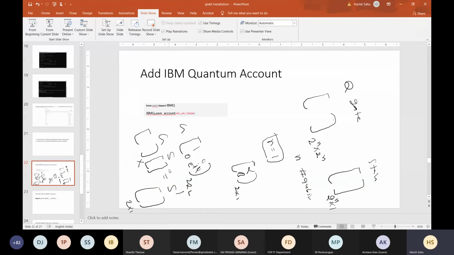Like if I ask you for this phase gate, what is this phase gate? Just this thing, e power i phi. It's a phase gate. If I need a Hadamard gate, then what is it? This matrix is our Hadamard gate. And these things are verified experimentally also, that if we have a Hadamard kind of operator, it will change the plus z state to the plus x axis. So it will change accordingly, and we are equating that in matrix format.